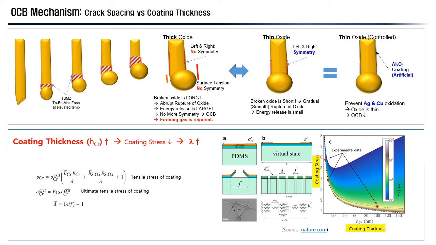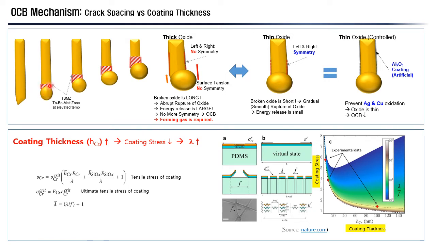On this slide, I'm gonna give you a little bit of sense of what the OCB mechanism is like. I'm gonna explain why OCB is affected by the oxide on the wire surface and oxide thickness. When electrical energy is supplied to the bond wire, the bond wire is going to melt, is going to have a molten ball, is going to grow, but